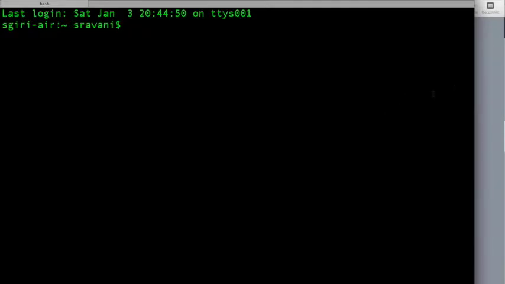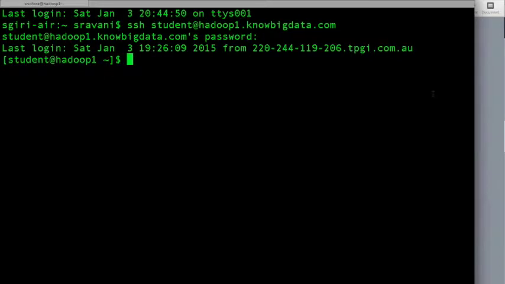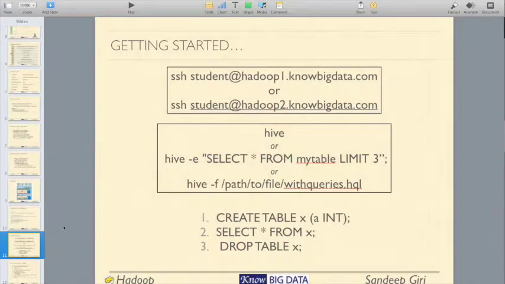Is the screen visible clearly? Is the font visible? So right now I'm typing ssh student@hadoop1.nobigdata.com. All right. So this is how you start, and